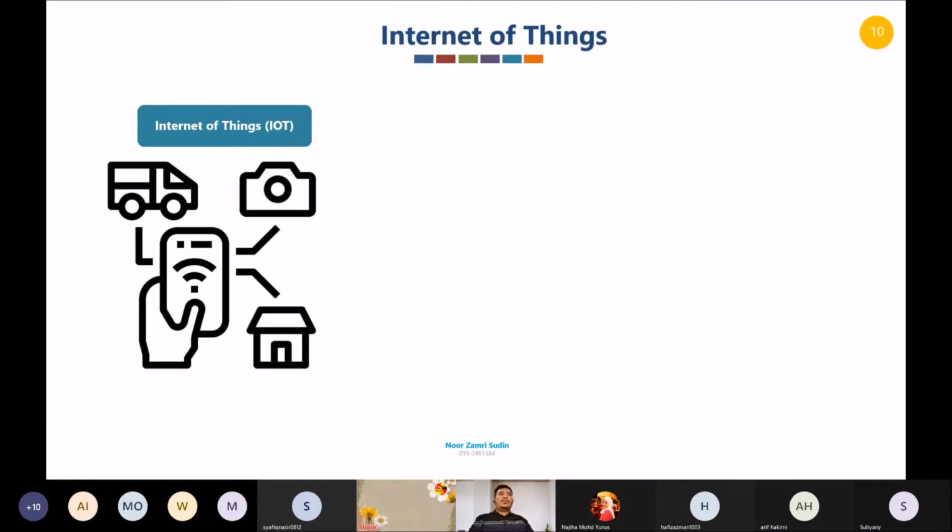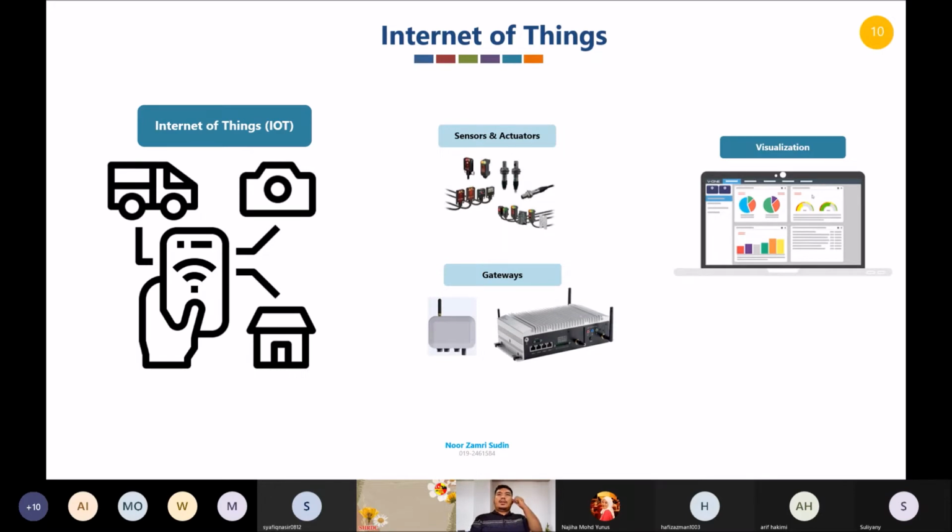The first pillar is Internet of Things. Before this, only humans could use the internet through computers and mobile phones. We could Google and use anything related to the internet through our phone, laptop or computer. But right now, we can connect almost everything to the internet.